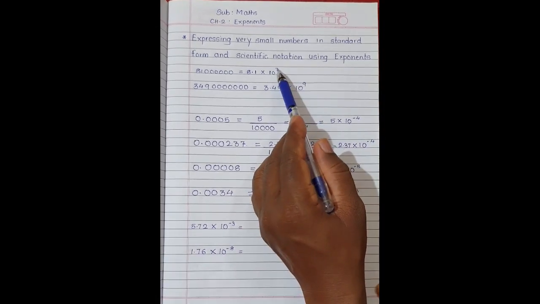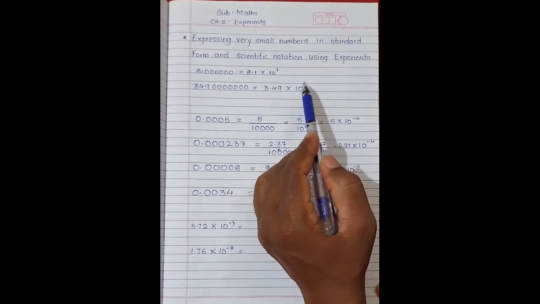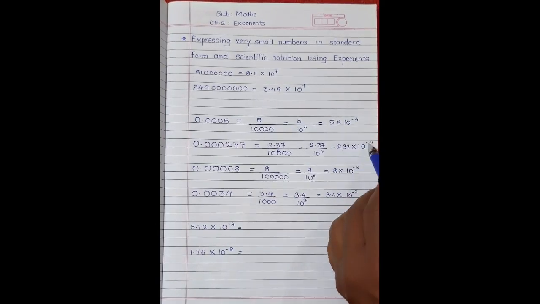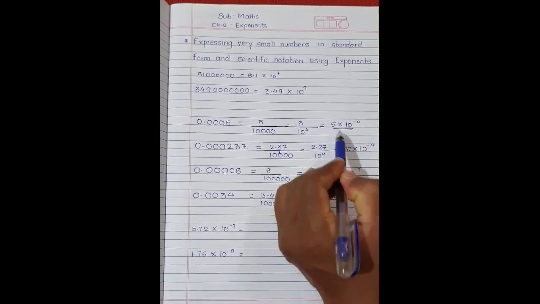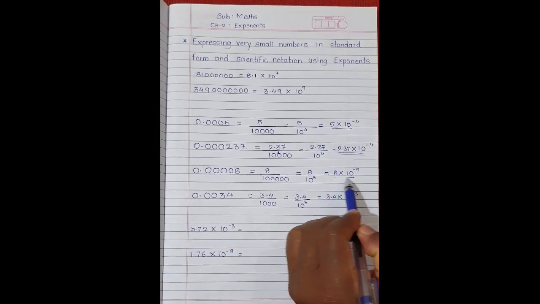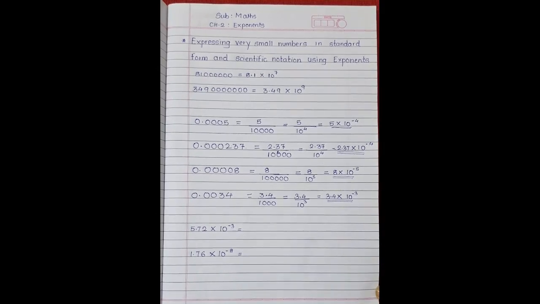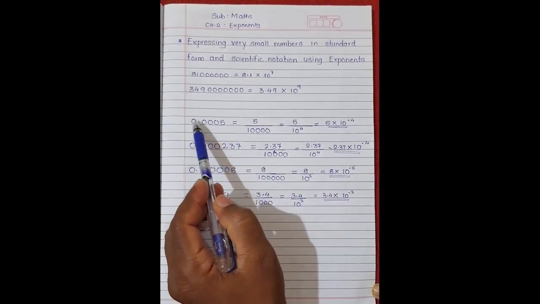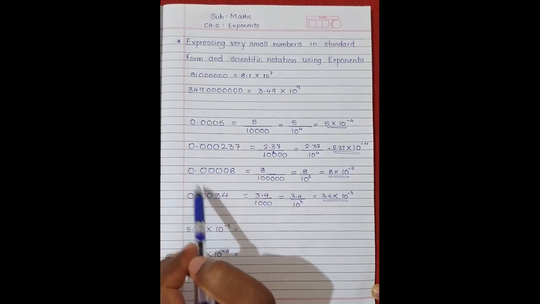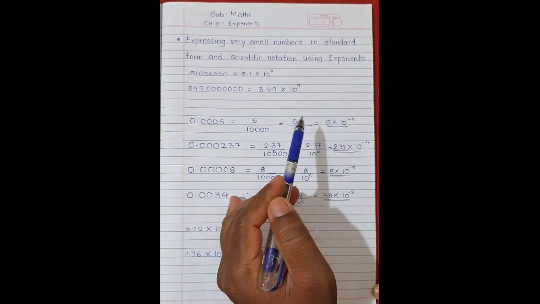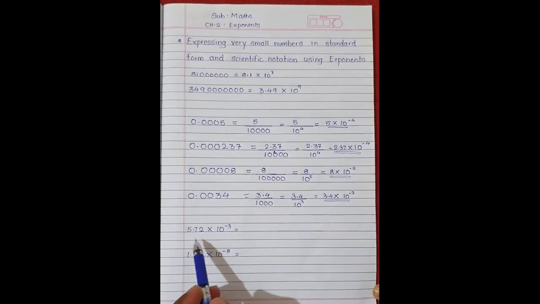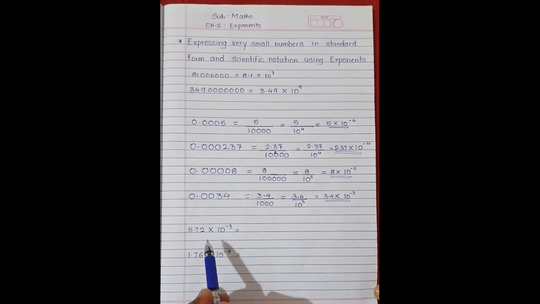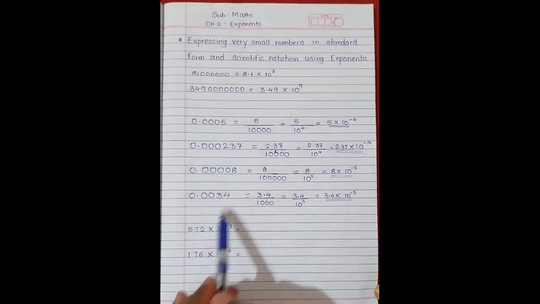So here the power of 10 should be an integer. As we have seen earlier, the powers of 10 were 7, 9. Understood? They are positive integers. Here, just what is the difference? They are negative integers. So this form is called scientific notation of the numbers. Students, this is the standard form of numbers, and this we have converted into scientific notation. Now the opposite of that: when numbers are given in scientific notation, we can convert them into the standard form.